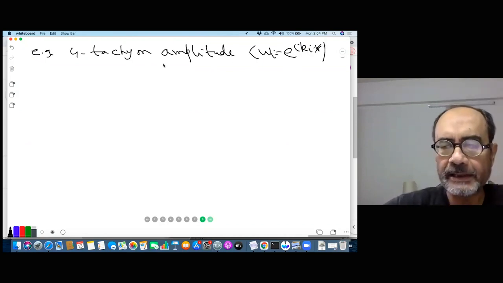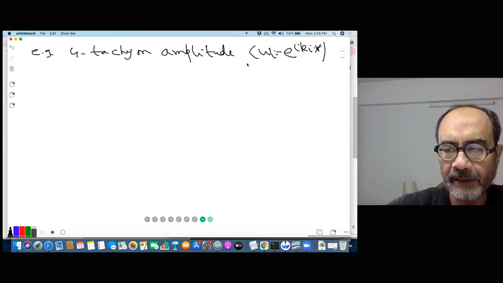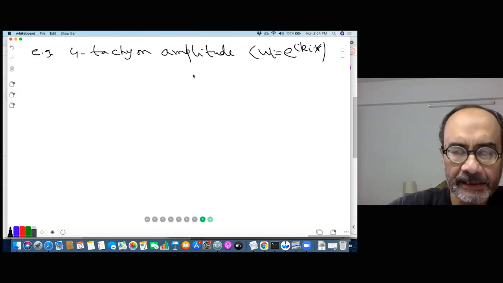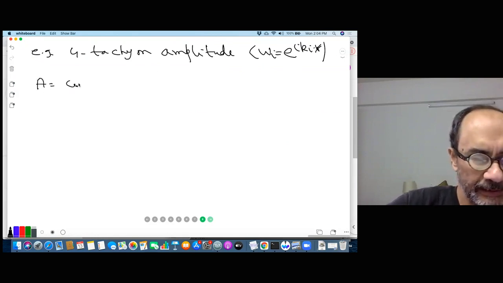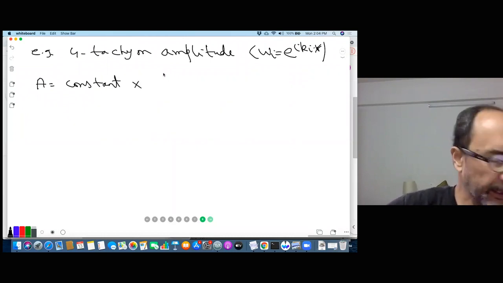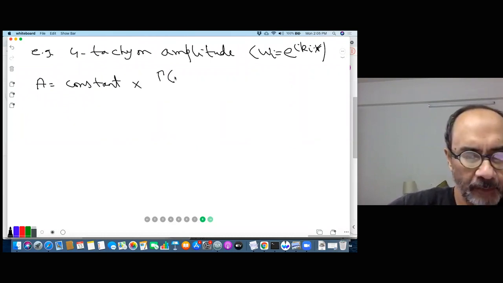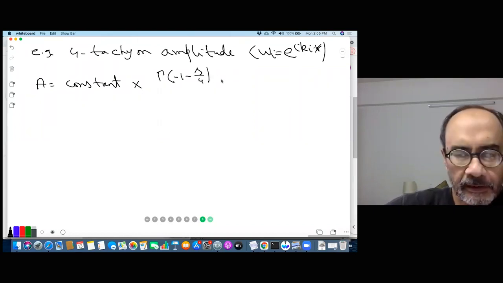So you can easily calculate this 4-point correlation function using the formula that I wrote down earlier. And then the integral, you can show, admits an analytic form. And the amplitude becomes a constant times a nice product of gamma functions, gamma minus 1 minus s by 4, gamma minus 1 minus t by 4,